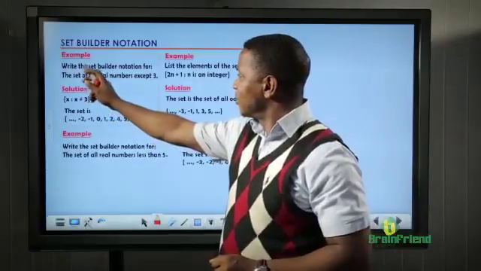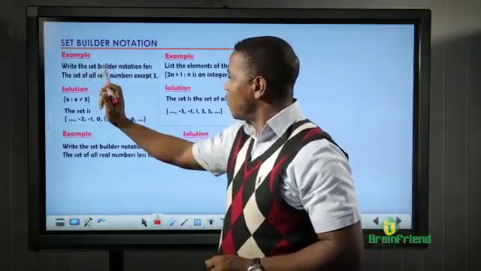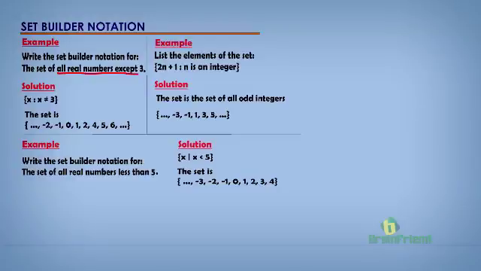If we're asked to write the set builder notation for the set of all real numbers except 3, our notation will be written as this. That is, our open curly brackets, which is the set of all x. X, of course, we said, is the identifier, which is a representative of a typical element of our sets, such that x is all real numbers with the exception of 3. So we have our rule as